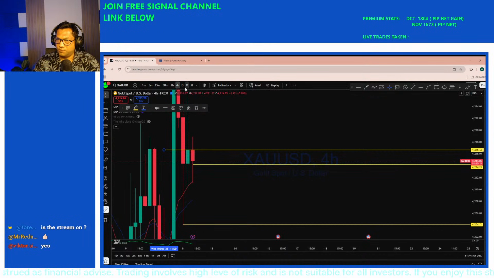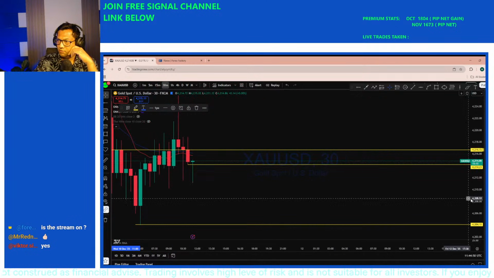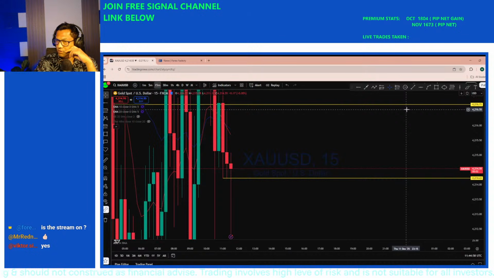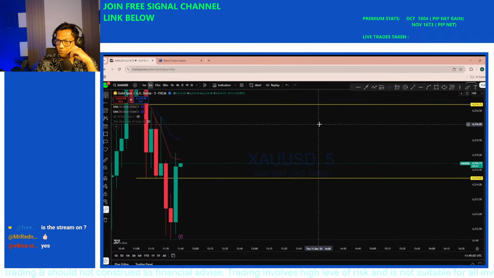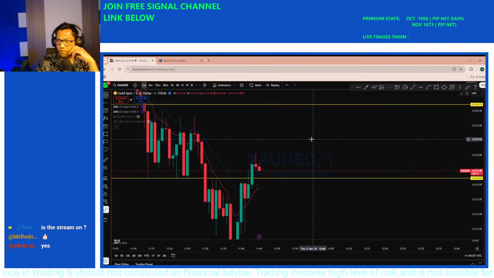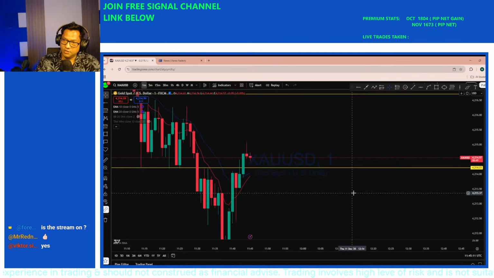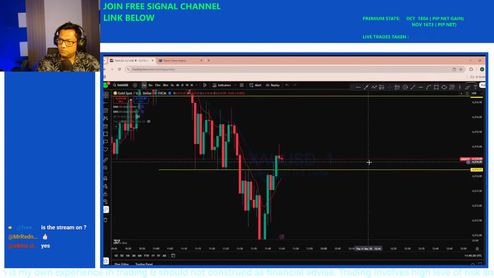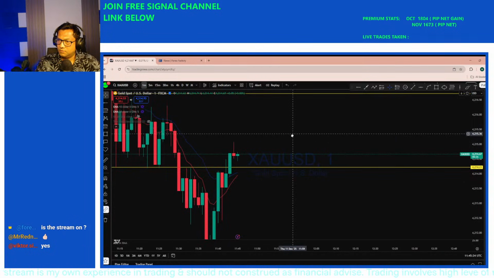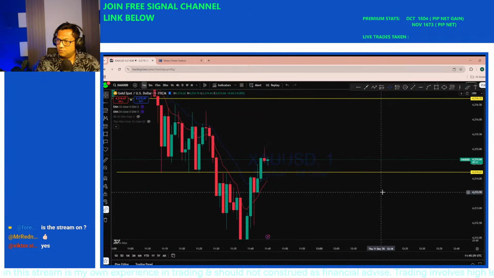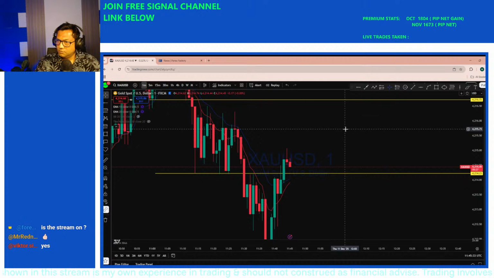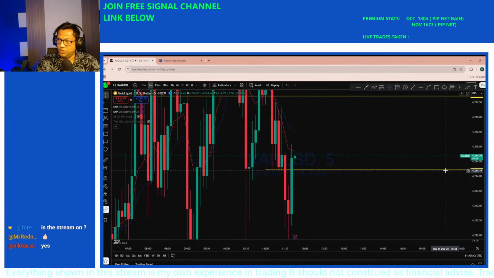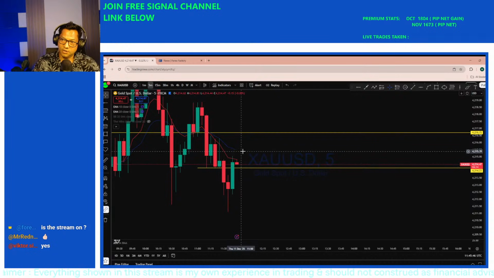So this is the 4-hour price action, okay, and there's a narrow doji here in that area, and with this narrow doji, we can see that there is a possibility for the market